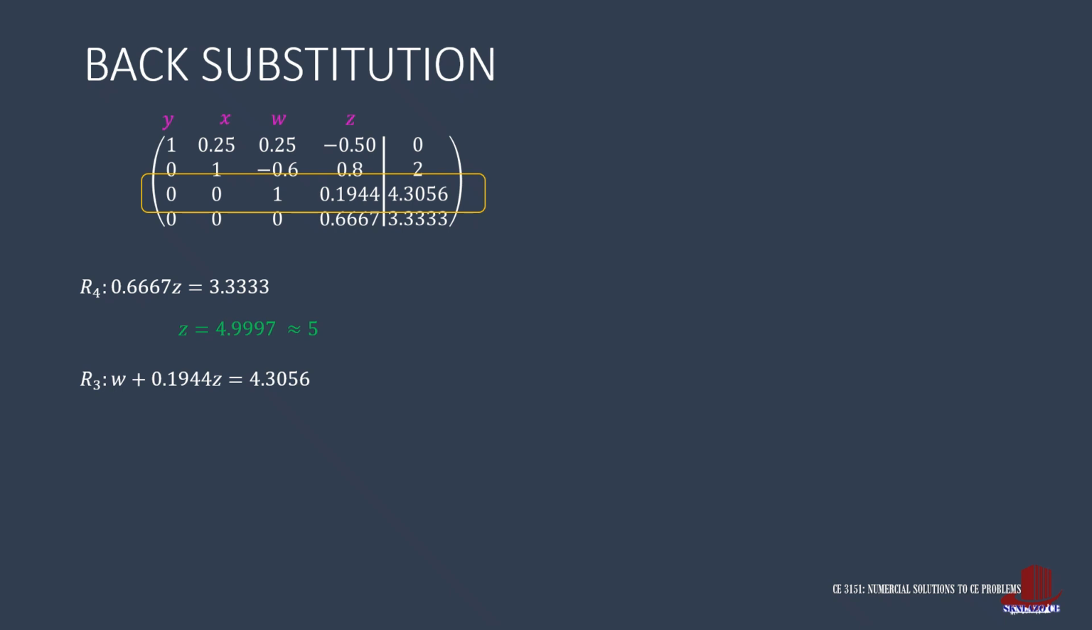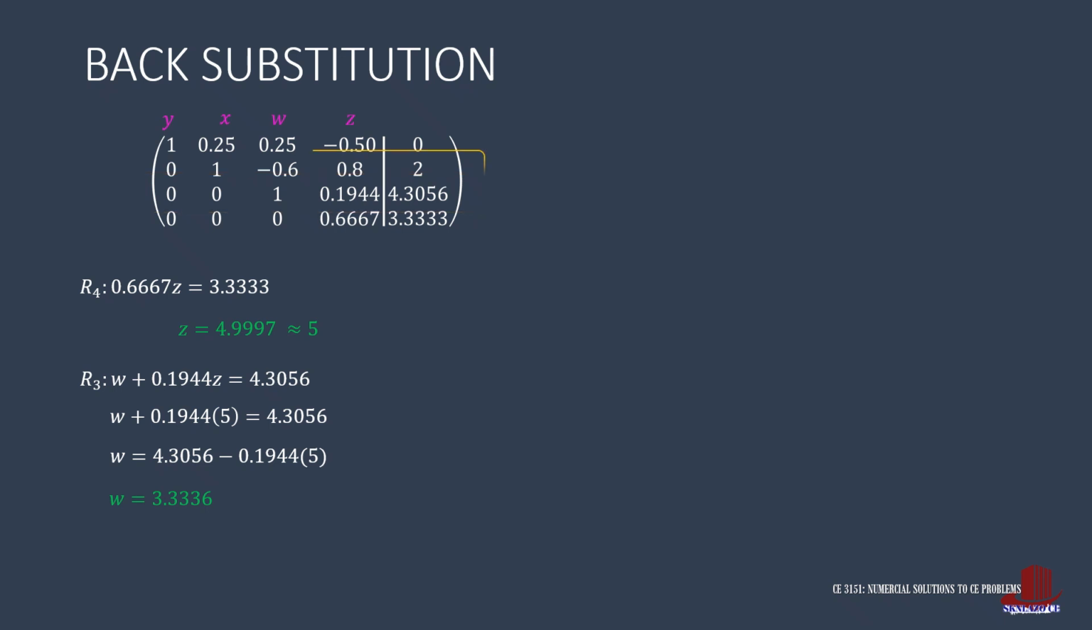Move a step above and find w plus 0.1944z as equated to 4.3056. Plug 5 for z and transpose terms to the other end to have w as equal to 4.3056 less 0.1944 times 5. Simplify the equation and get w as